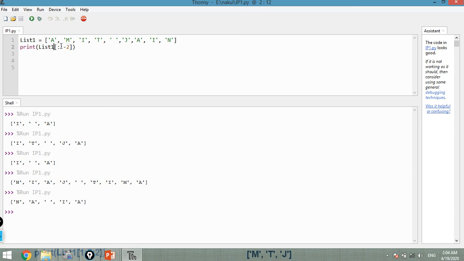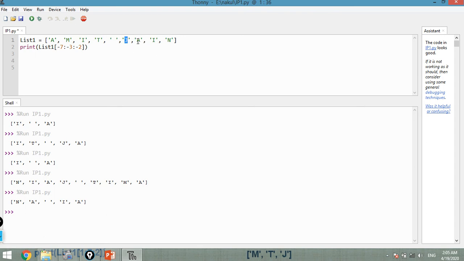If I want to use backward indexing, if I write over here -7 as the start index and -3 as the end index. So -7 is this, -7, -6, -5, -4, -3.